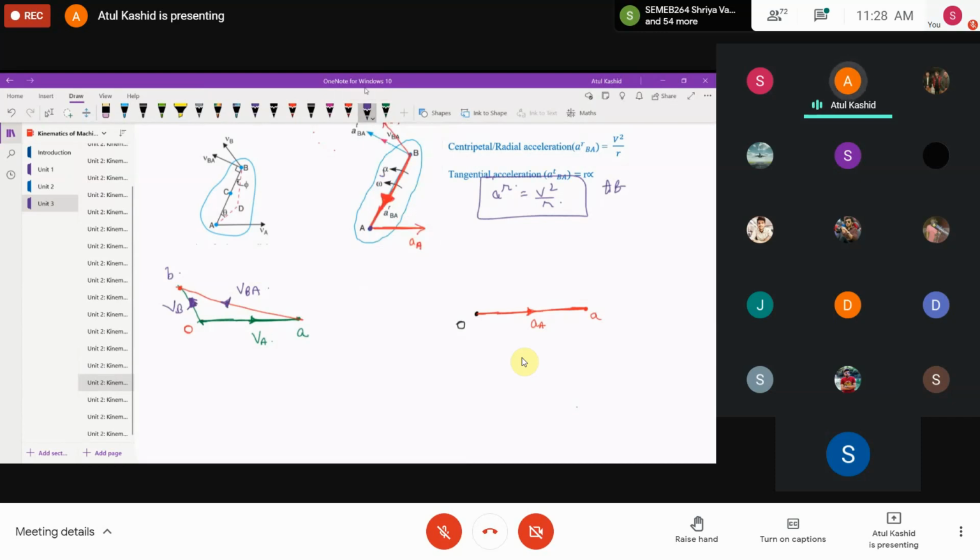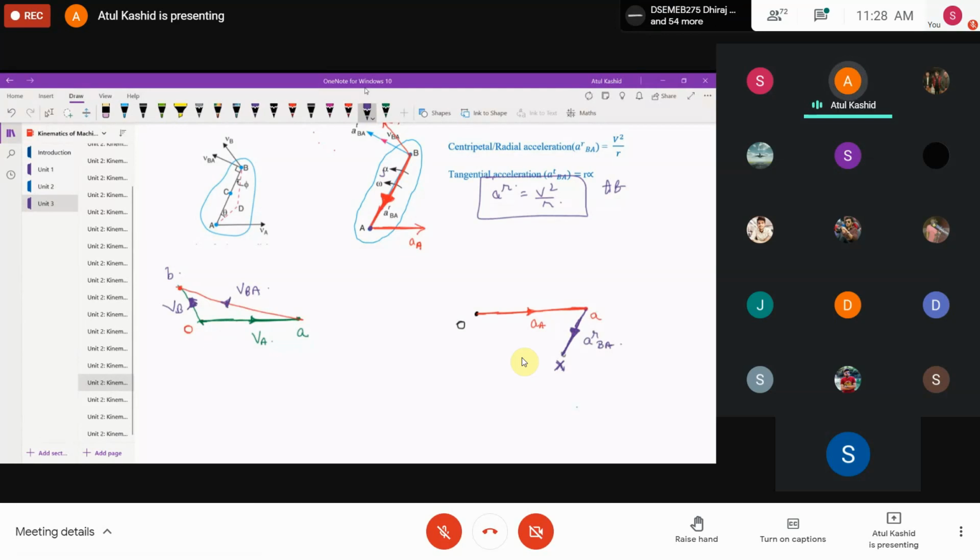So see now how I'm going to draw the component. I'm going to go parallel to the link AB, right? And I'm going to denote this point as X. Why X, I will tell you later. So this is the point X, and what I will do, I will draw the arrow, right? And this is my acceleration, that is the radial acceleration of B with respect to A, right?